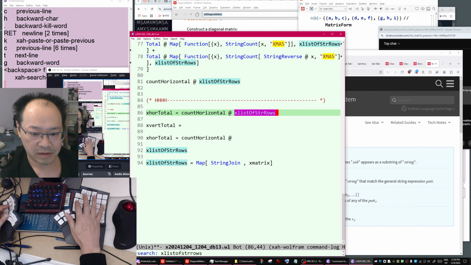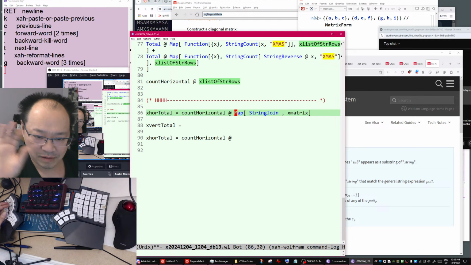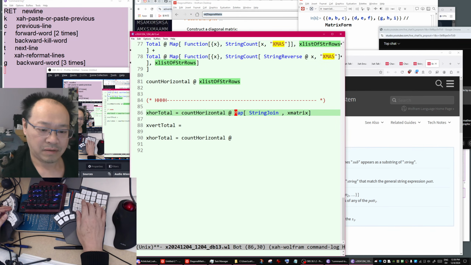The input will be the matrix. So you give a matrix, then you join the strings, then it's just a list of strings. That's the total.